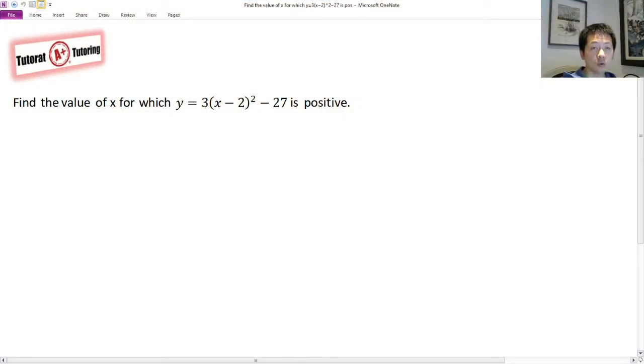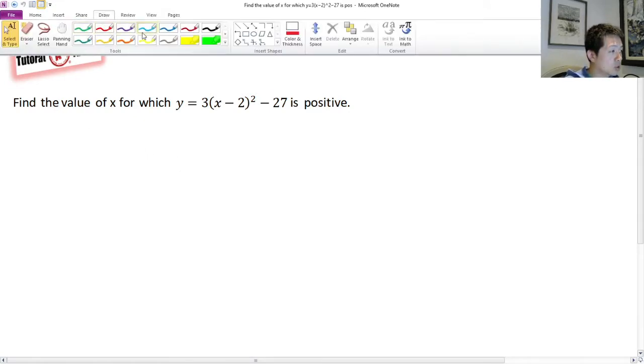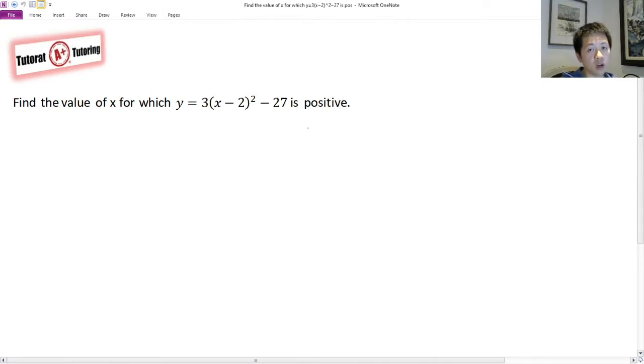So now I want to show you how to find the value of x for which the quadratic function in the standard form is positive. So basically I want to find the sign of this function. To find this, first I need to find the zero of this function. The zero I already did in the other example, so I will just use the solving method. I will choose one out of the two methods to solve